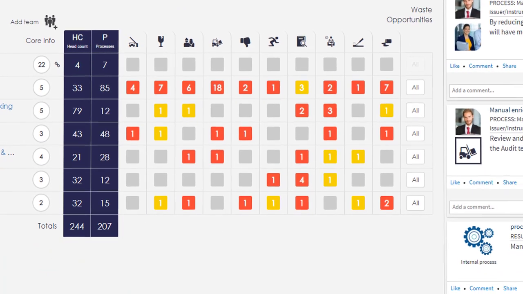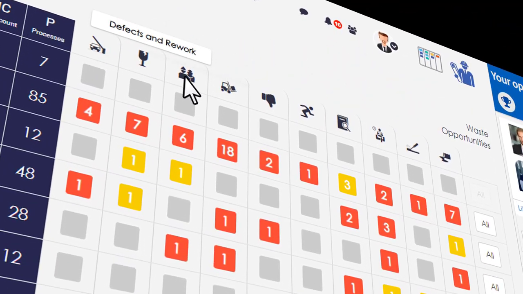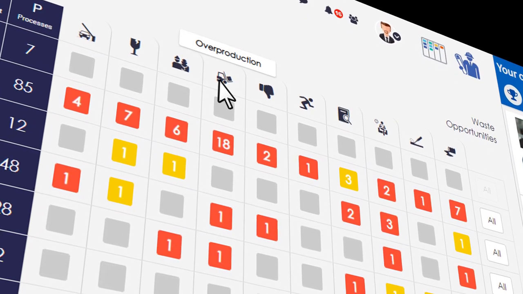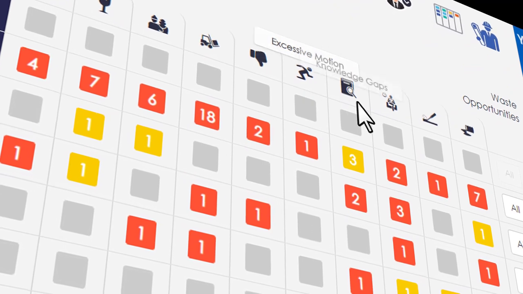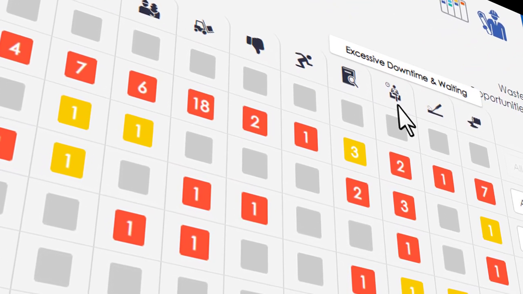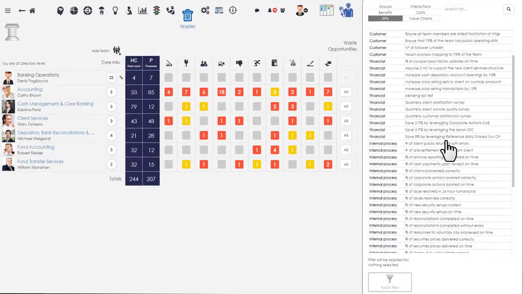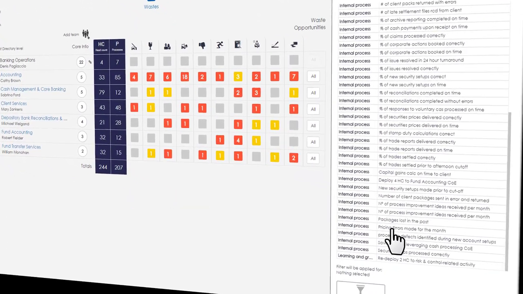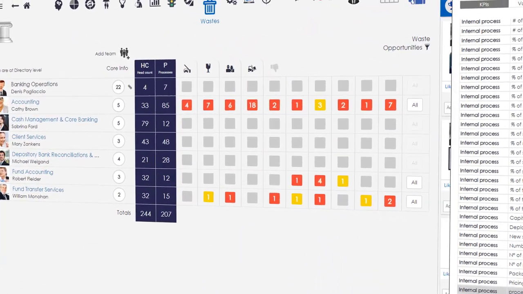Waste opportunities that we propose include excessive controls, process defects, role and responsibility confusion, overproduction, substandard services, excessive motion, knowledge gaps, downtime and waiting, excessive manual activity, and upstream errors. Applying a further filter by KPI type, Dennis has now identified the 2 waste reduction opportunities identified by the process